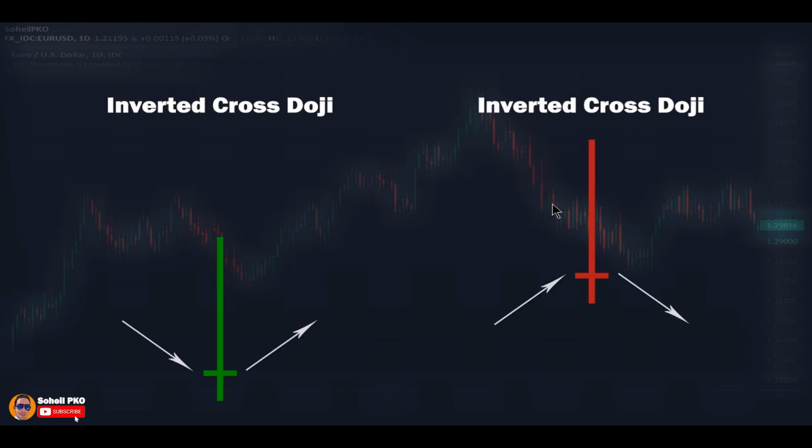And inverted cross doji is naturally bearish, but the interpretation of being bullish or bearish depends on where it forms. If it forms following an advance or near resistance levels, it's bearish, showing selling pressure and gives the possibility that the price may turn. And when it forms following declines or near support levels, it's bullish and it shows buying pressure. As I explained, the reason for being bullish in this situation is that we have signs of increased buying pressure at the bottom, which gives the possibility of a change in the direction of the price.